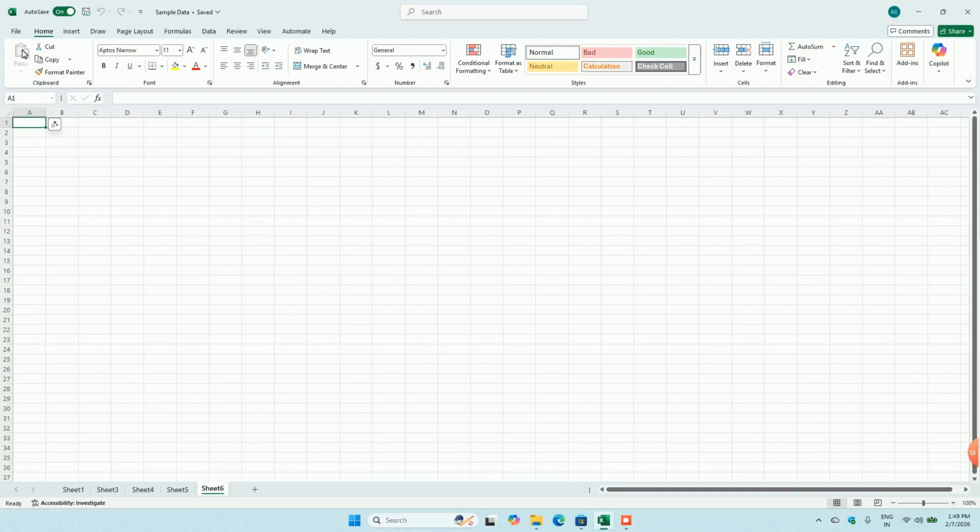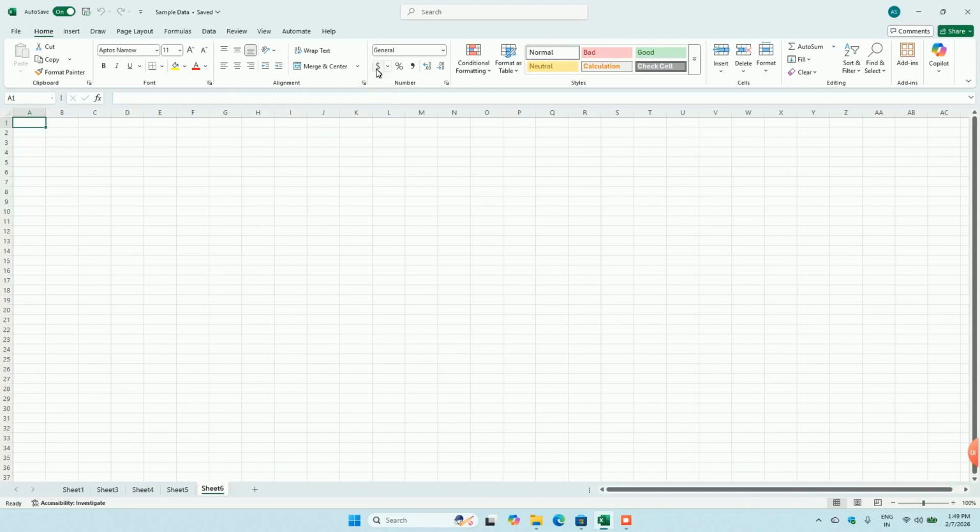where we can see a lot more functions like copy, paste, formatting, and then we have another box here, which is fonts. If you want to make changes in the font to make it more presentable, we can do it. This is for the alignment. We can play with the alignment just to make it more presentable.